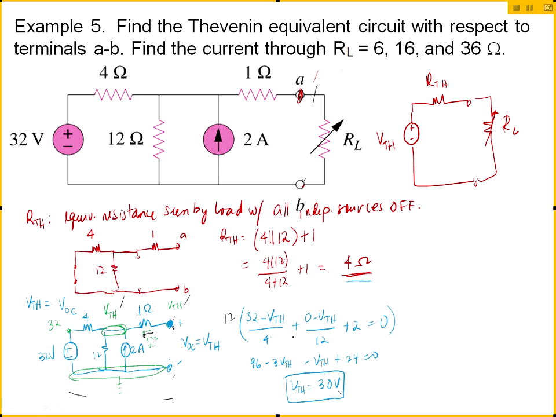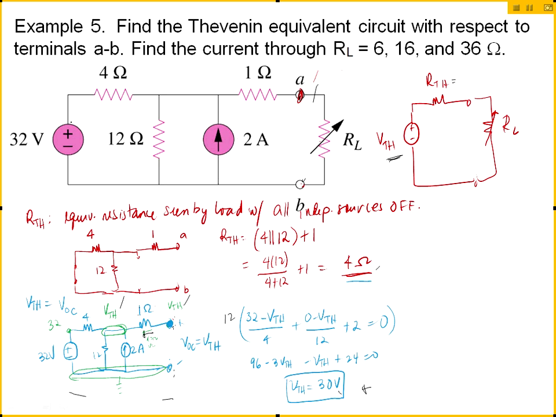Okay, so I applied nodal, (32 minus V Thevenin) over 4. You understand where I got this equation, right? Yes, it's the nodal equation. And plus 2. And take note, nothing from this branch, because there's no current there anyway. So there's only 3 terms, equals 0, and then we solve for V Thevenin. So whatever this V Thevenin is, is the voltage source we need here to be connected to the 4